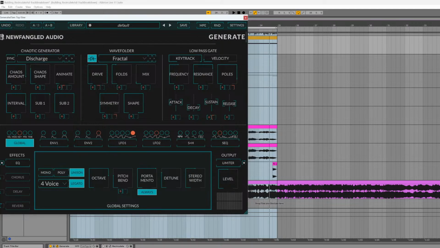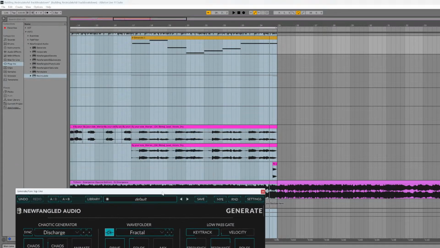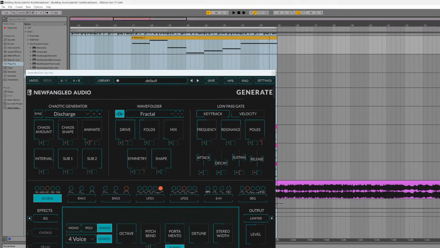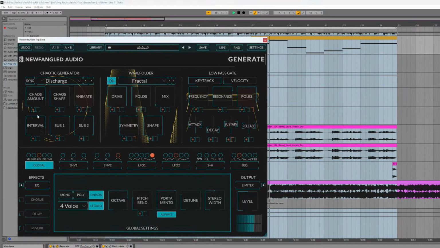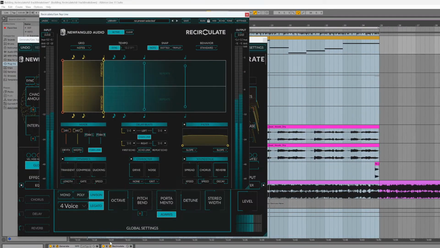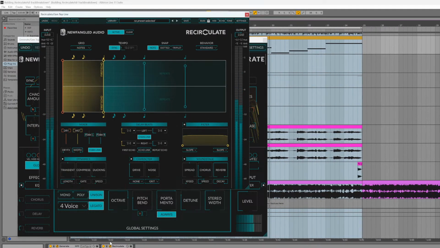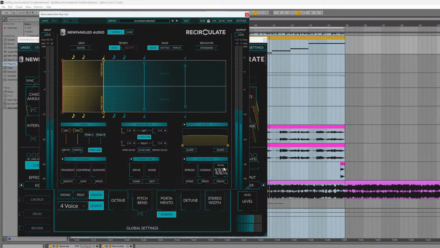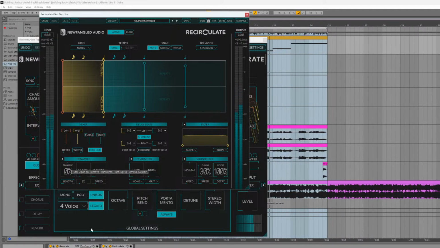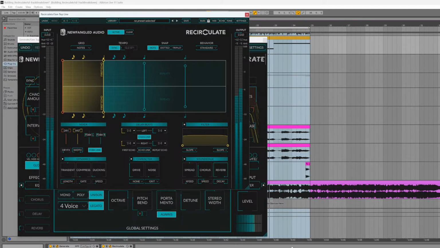And then the last thing, I added Recirculate to that too, because we were playing with it and showing it off. What did I do? Oh yeah, it's just a quarter note delay. This one's easy with reverb. Sometimes simple is best. And then as far as instrumentation goes, or parts,